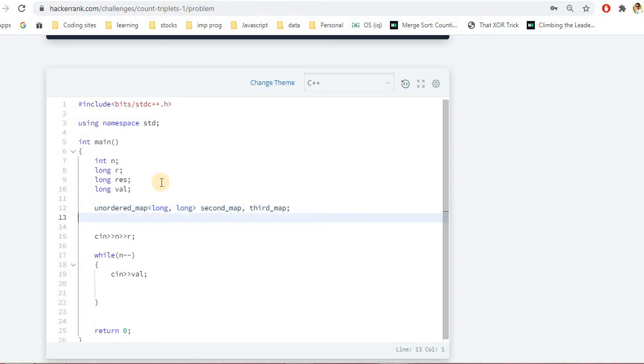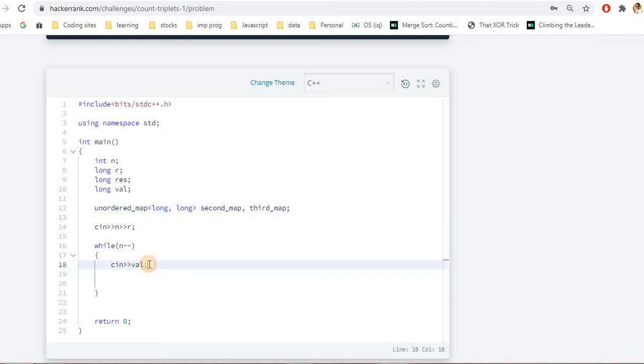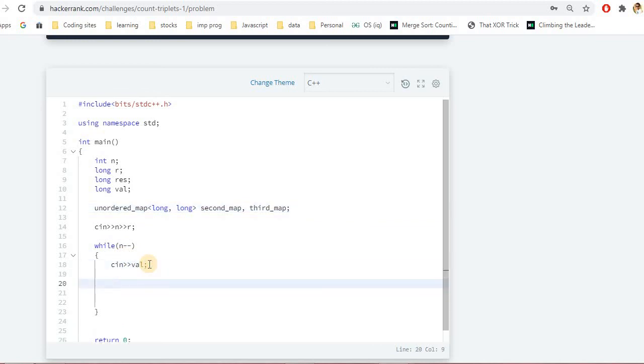Now, as we discussed in the problem, we'll first check if the value is present in our third map or not. We can do that using if and the third map. We have STL functions in C++ to check if a value exists. The count function will tell how many values are present for that particular key.